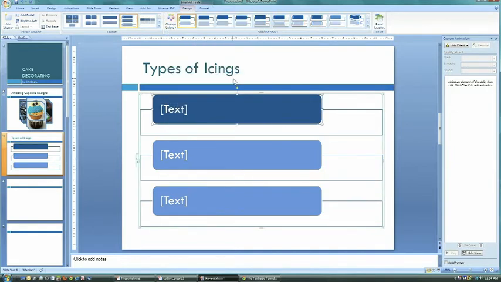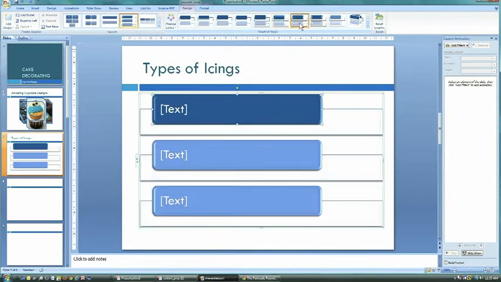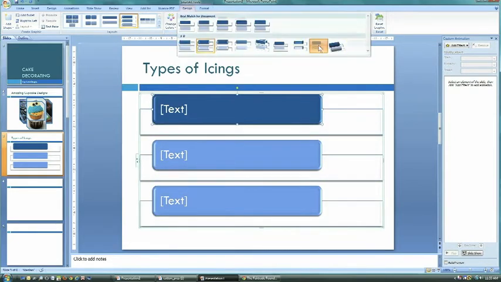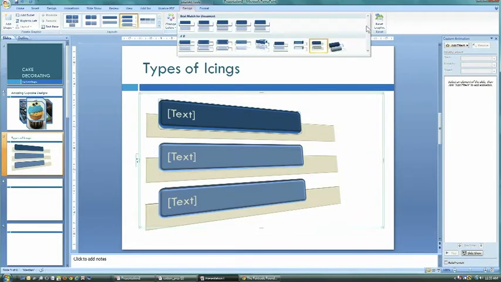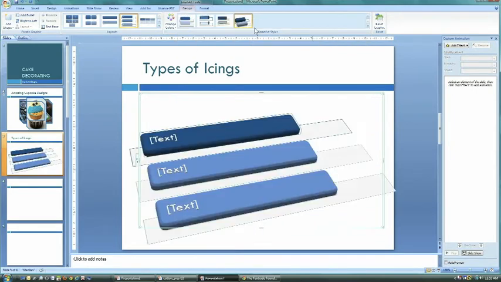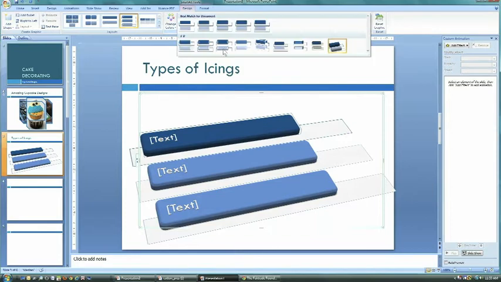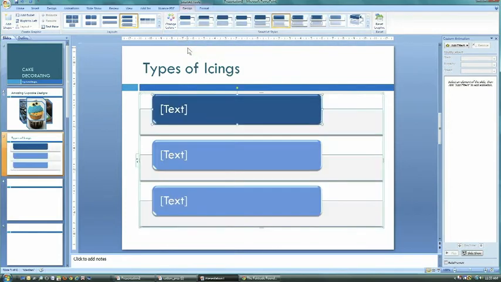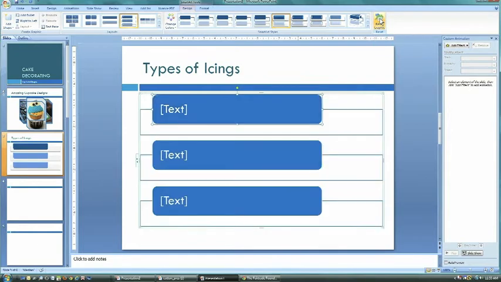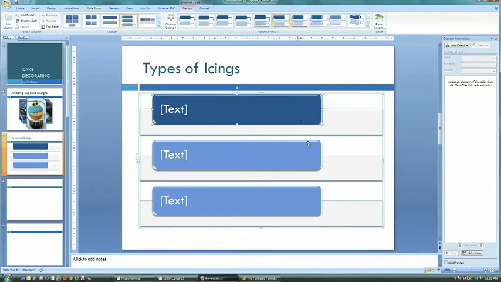So it's on a gradient loop, and then I want to play around with what it looks like with the beveled and embossed kind of 3D effects that you can come up with as well. And as you can see here, I think that may be too much. So I'm going to go with the basic and bevel and emboss. And if you want to reset your graphic, same thing, reset your graphic and it'll go straight back to where you inserted it. I don't want that, so we're going backwards, and now I'm going to insert the types of